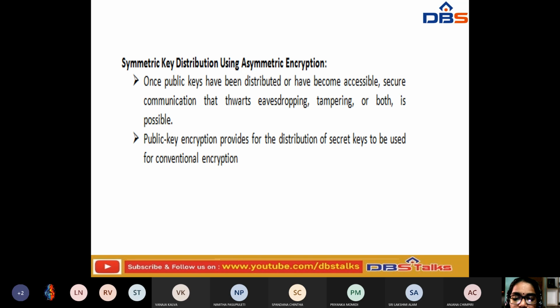Whatever data is sent by the sender is visible to the receiver, and whatever data is sent by the receiver to the sender is also accessible, because both sides are using the public key. So public key encryption provides for the distribution of secret keys that are to be used for conventional encryption.